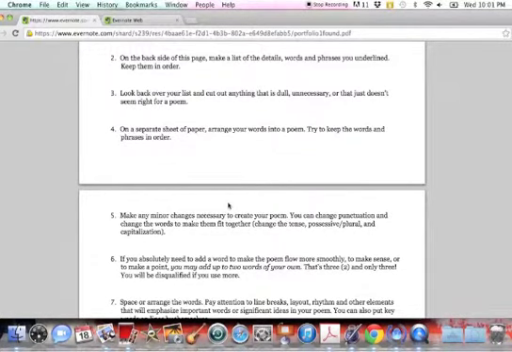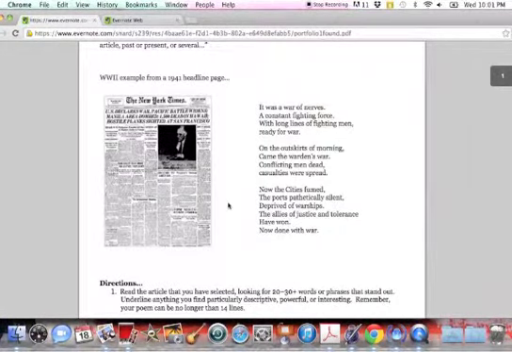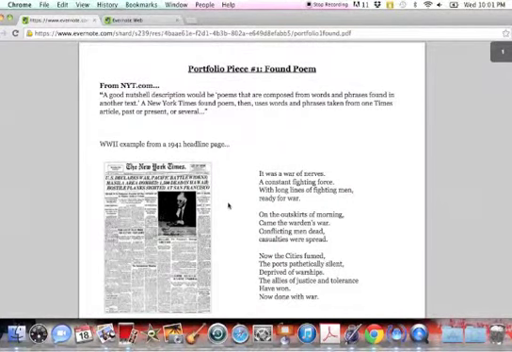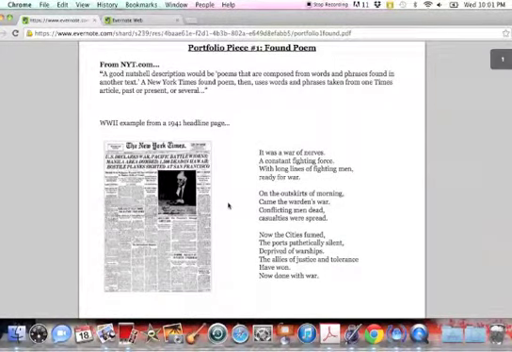If I were you and I knew that eventually I was going to have to turn in a final copy of my poem, maybe I'd type it and I'd annotate it that way. That way when I make edits, I can just go back and edit that document instead of having to type all my poems out at the end, because by the way, we will be writing quite a few poems in class. Good luck, and I will see you on Monday with a poem, and make sure it's annotated, right?